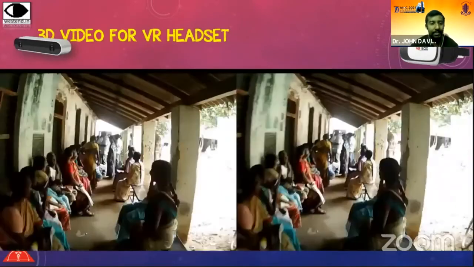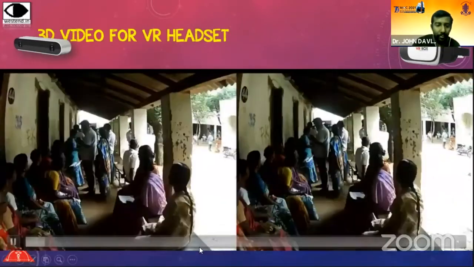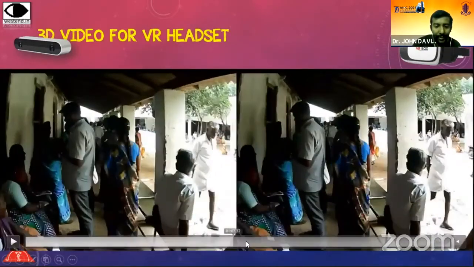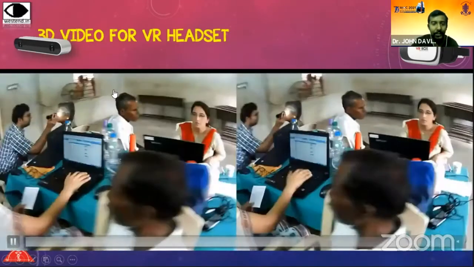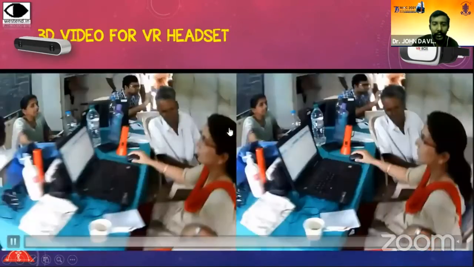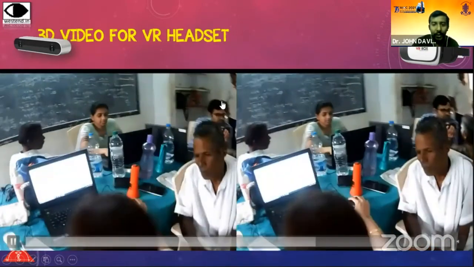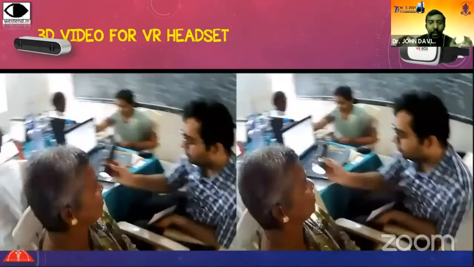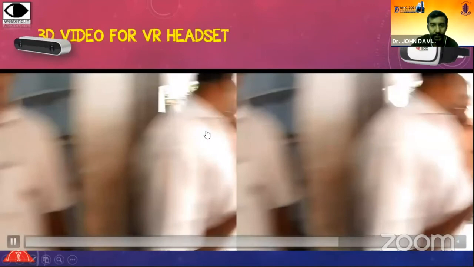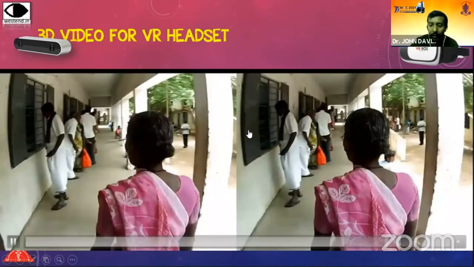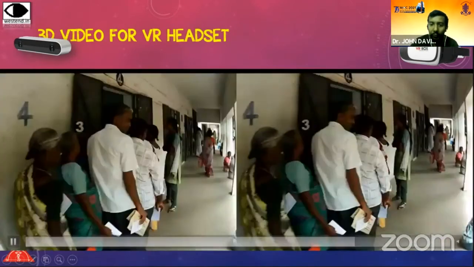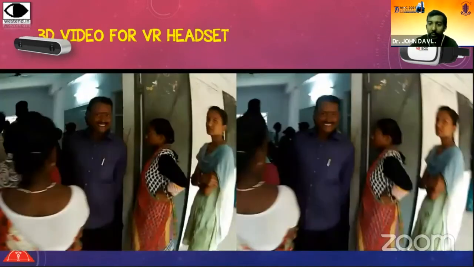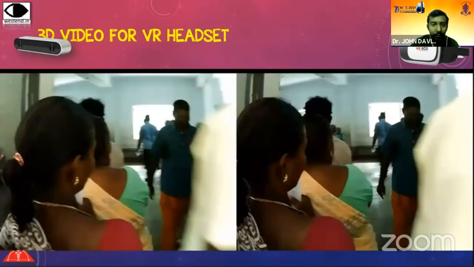This is from the VR camera which I use. This is just a gross view of Arvind Eye Hospital eye camp during my fellowship there. Basically, I just want to show you the left and right side by side view from the single camera. So actually there are two cameras, but the output for this camera is this. When you record from this into the smartphone, you get this output. You don't have to worry about alignment or anything because it is taken care of in the hardware itself.